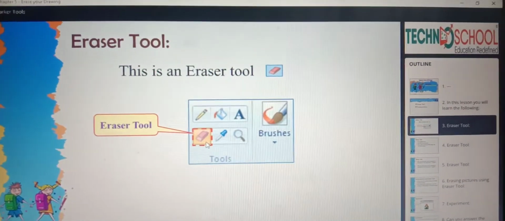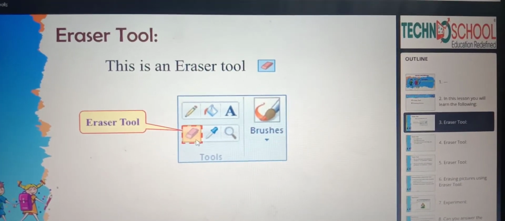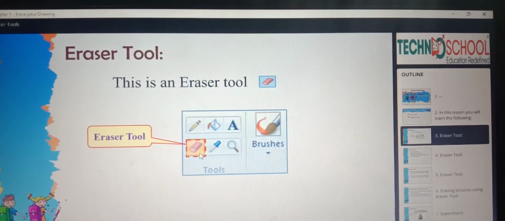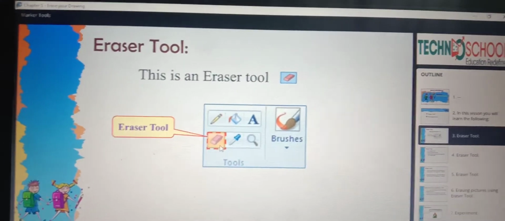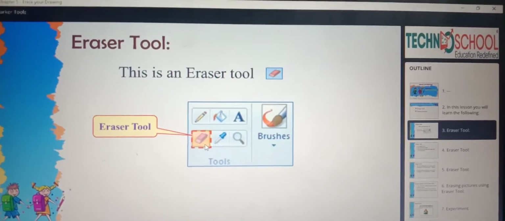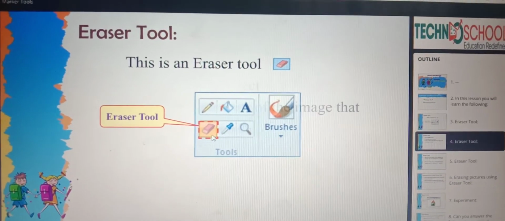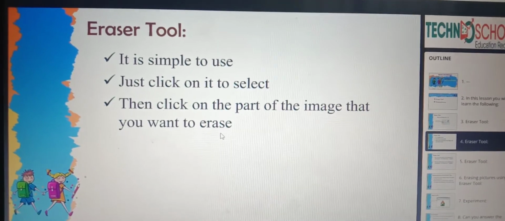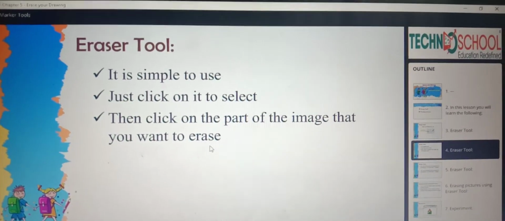See here, children, this is our eraser tool. It looks like a normal eraser. This is the eraser tool in the Paint window. It is very simple to use.